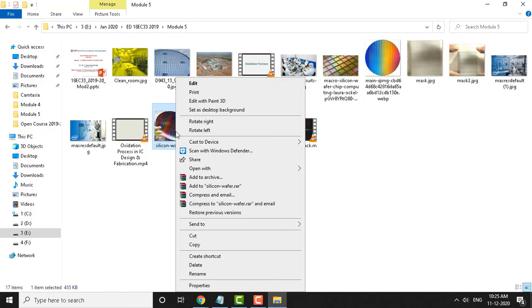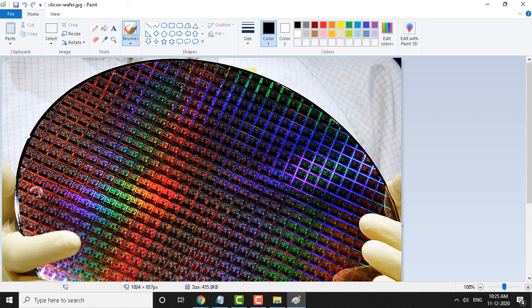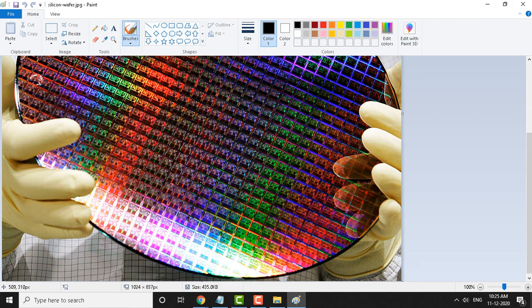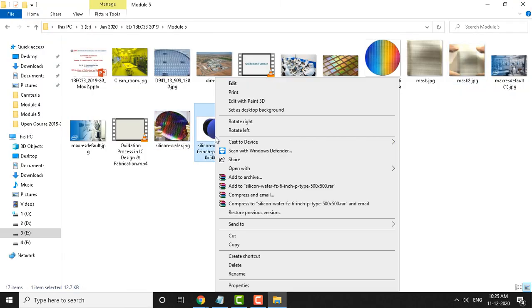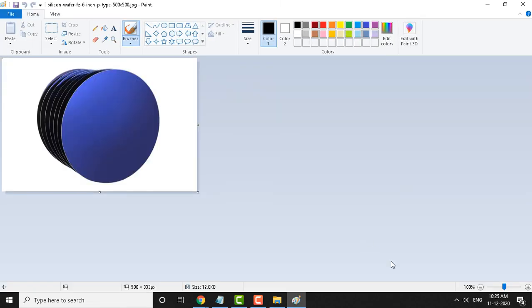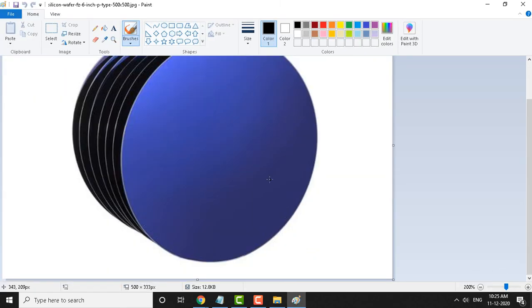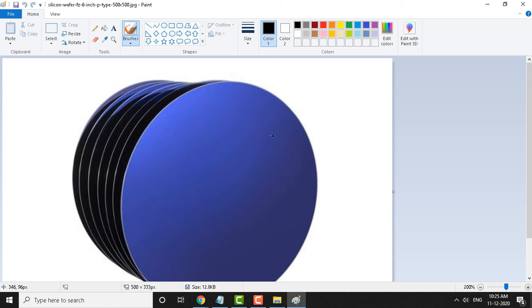Once again, you can see here this is a wafer. On top of this, we will hold the mask to fabricate ICs. You can see this is typical ICs which are fabricated already. I will show you an empty wafer before fabricating. You can see this is how the wafer looks, an empty wafer without any ICs fabricated. This is going to be the mask before we fabricate ICs.